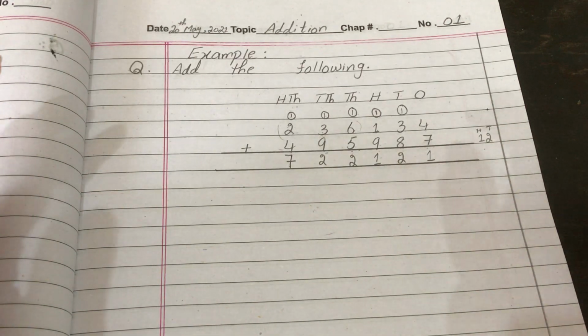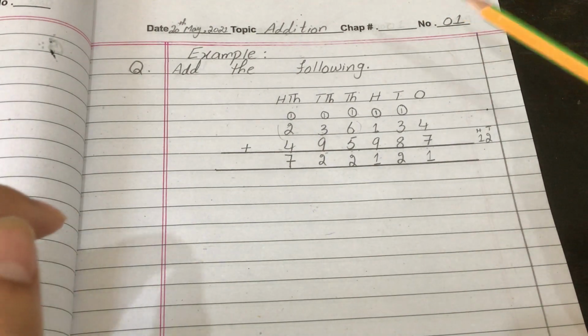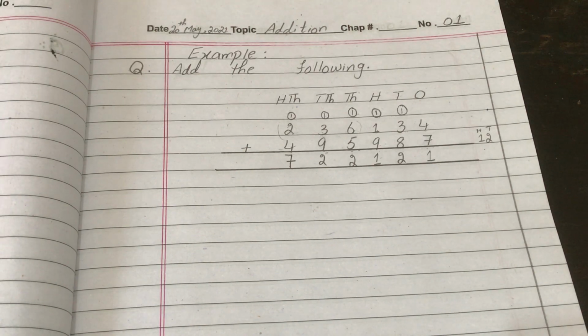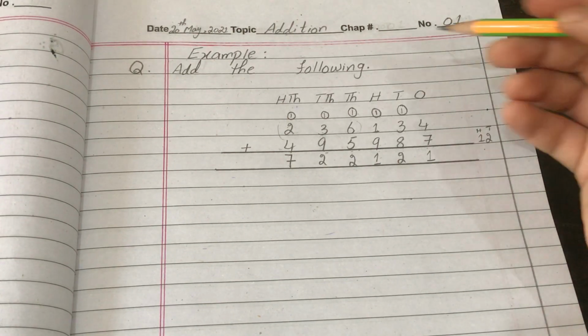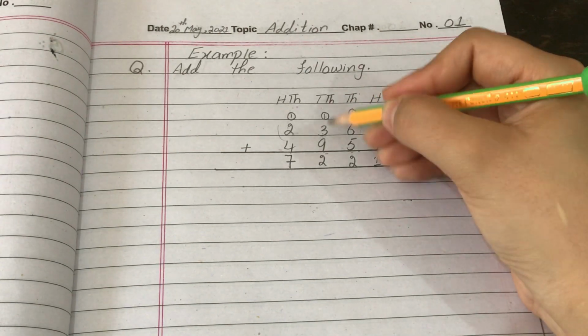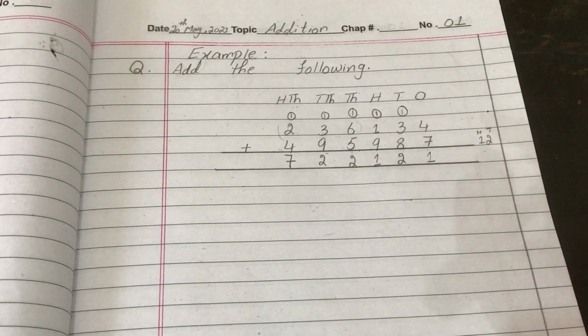Similarly, you can add 5, 6 or 7-digit numbers, right? Now, students, you can see you have to use these narrow line notebooks in your grade 4. There would be no boxes in your notebooks, so you should be very careful about the alignment of the digits. Your digits should be perfectly aligned in their proper columns, right? If you do not align your digits properly in their columns, then there will be a chance of mistakes. So please be careful about the alignment of your digits, right?